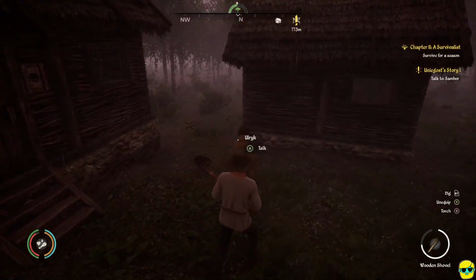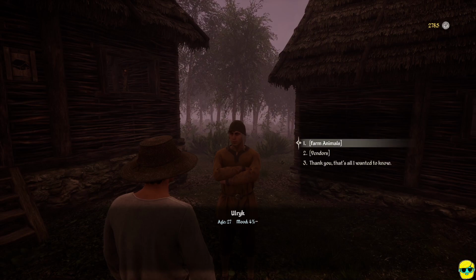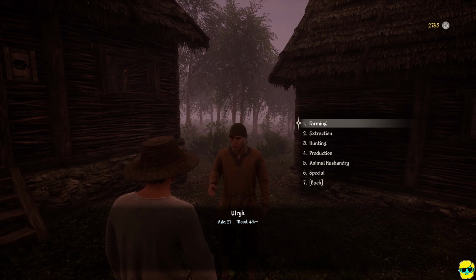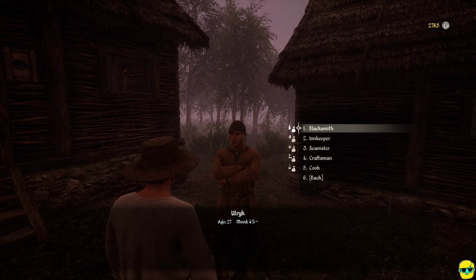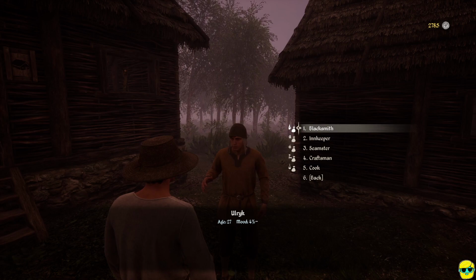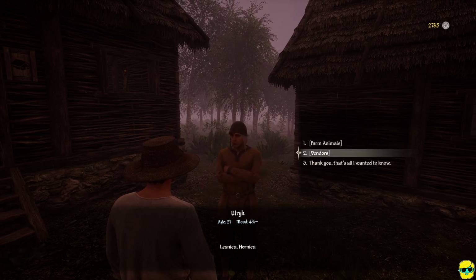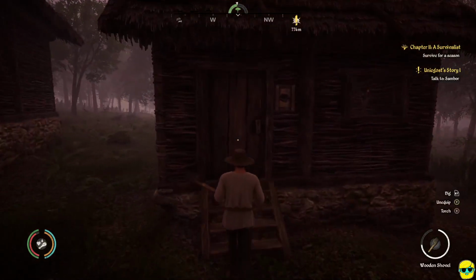Oh, there he is. You can talk to him. I'm like, what's up, dude? And you could say, where can I find? I need a vendor. And you could say, hey, I'm looking for production. And you could say, I need a smith. And he says, Lesnica and Hornica. All right, thank you. That's all I wanted to know. Farewell. Goodbye. So if we wanted to craft those items,